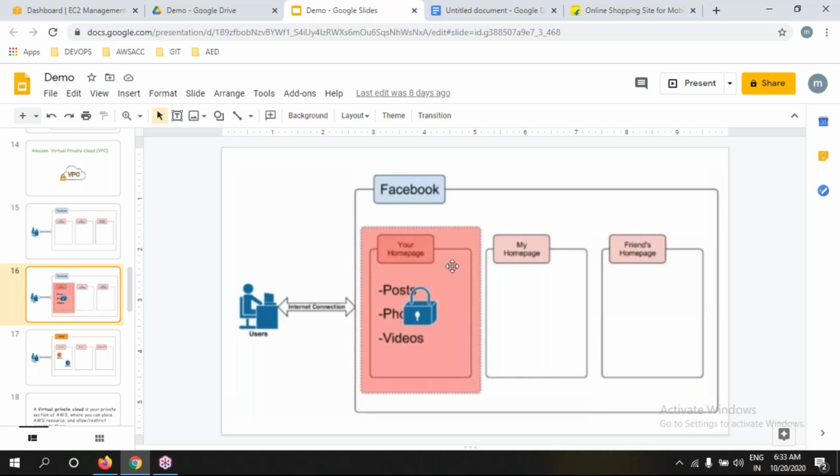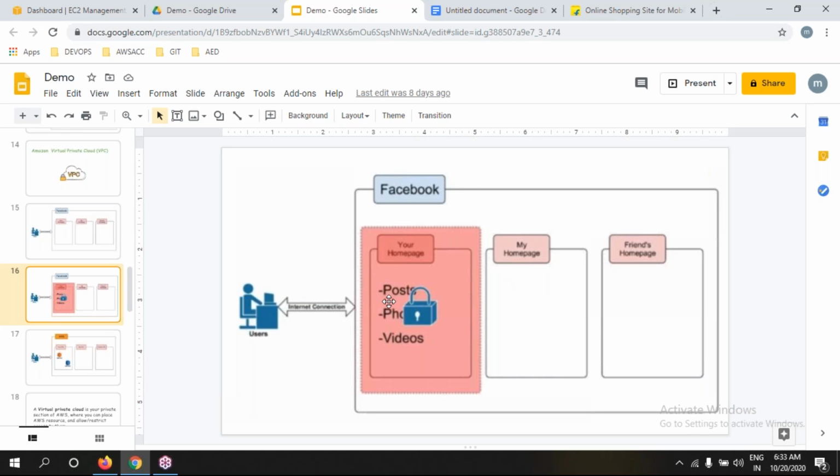If you want, you can give permission to friends, or make it public. That means our resources are locked by default on your home page. Likewise, your friend's home page is separate. On the same Facebook, different kinds of home pages are available.